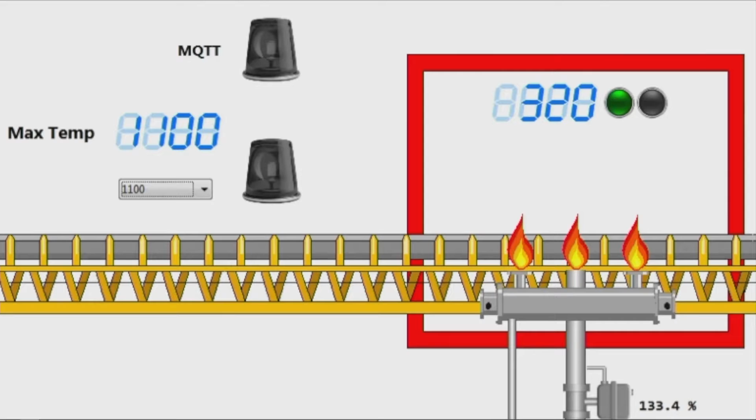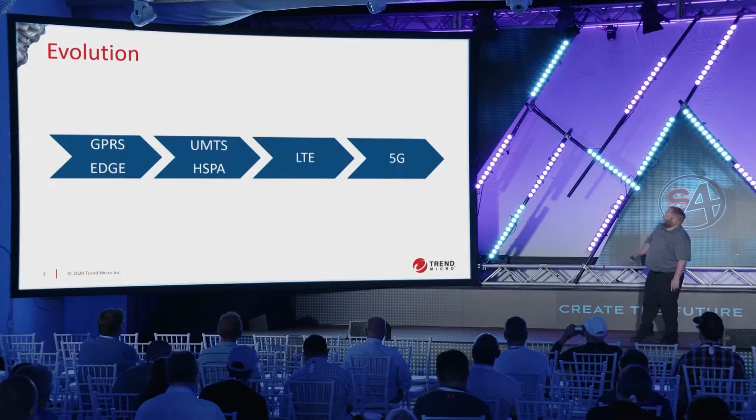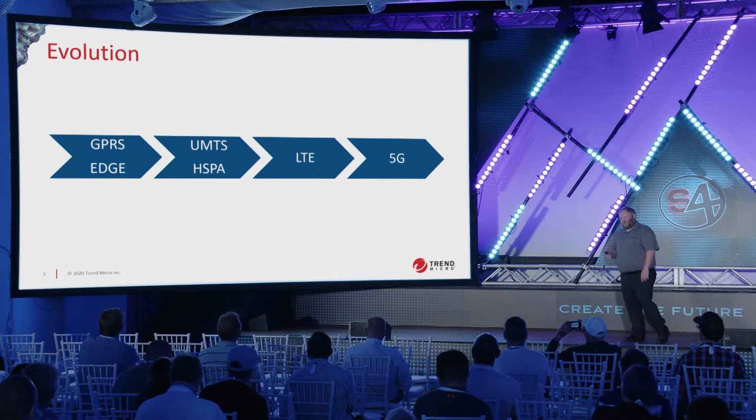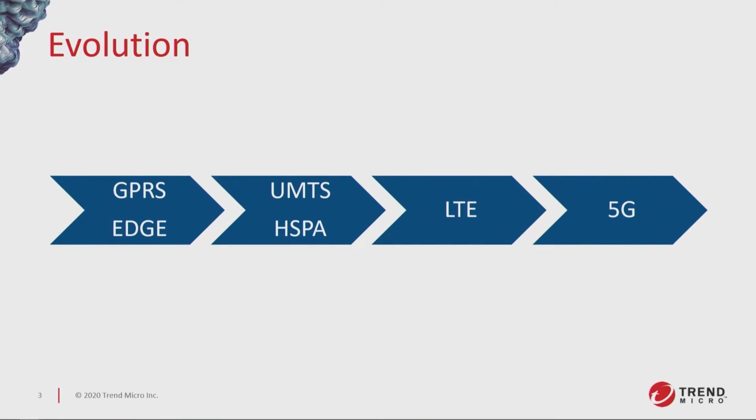Either you have some sensor problems, or maybe the PLC isn't communicating properly, or somebody is interfering with your communications. And so what we wanted to look at was, if somebody were to put in a campus network, how could somebody interfere with that campus network and cause changes on the control system. So we started looking at the 4G, LTE, and 5G networks that are available.